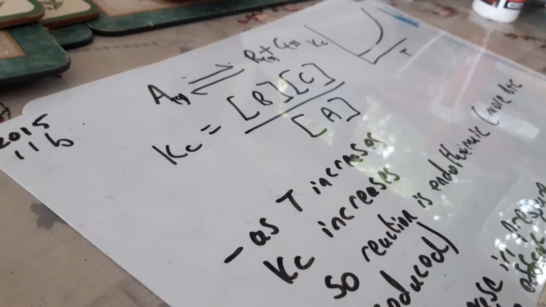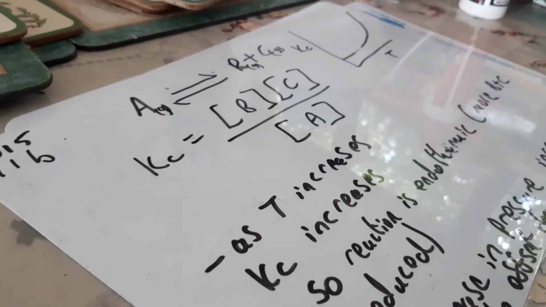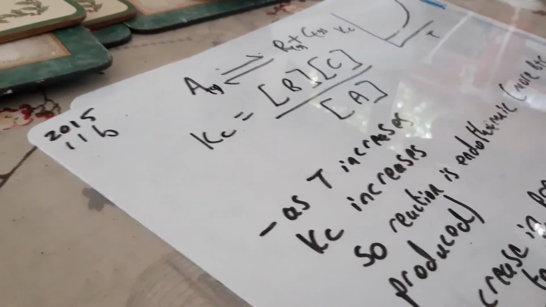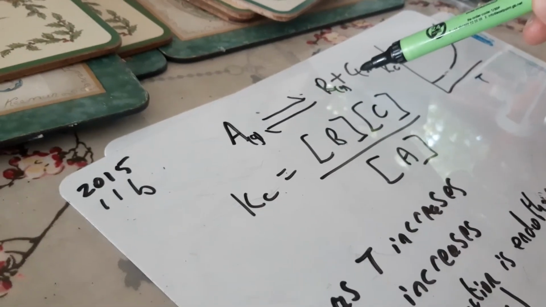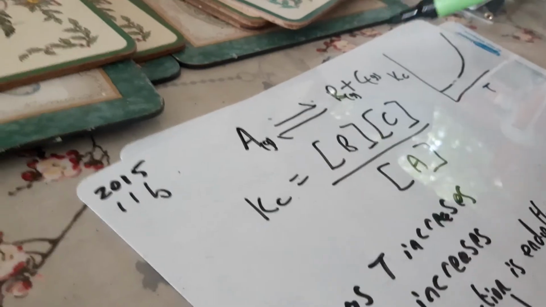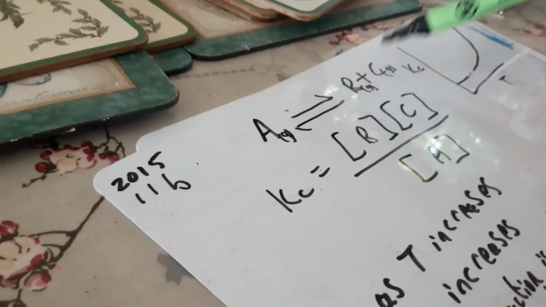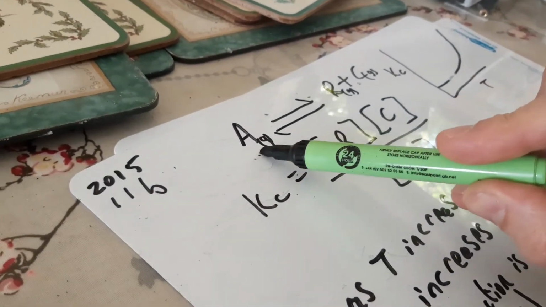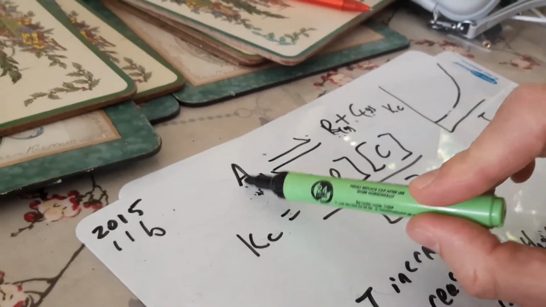Okay, the second part is to explain how an increase in the storage temperature would affect the pressure of the equilibrium mixture. So if we increase the pressure, what's going to happen? What's going to happen is that we're going to increase the concentration. But according to Le Chatelier, as we increase the temperature, the pressure will increase, according to Boyle's law, right? So we increase temperature, we'll increase the pressure, but it will try and offset that by producing more of the side where there's less moles of gas, okay? So you can see here, there's 2 moles of gas here, isn't there? One of these and one of these, but there's only 1 mole of gas here.